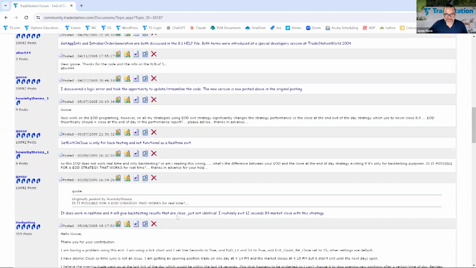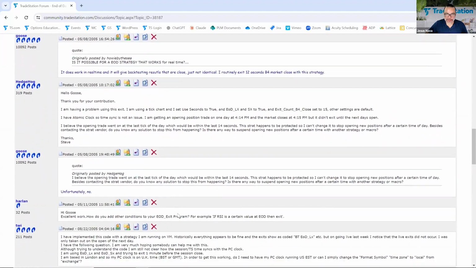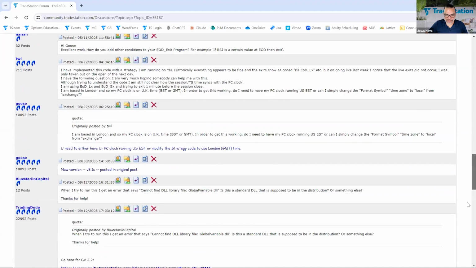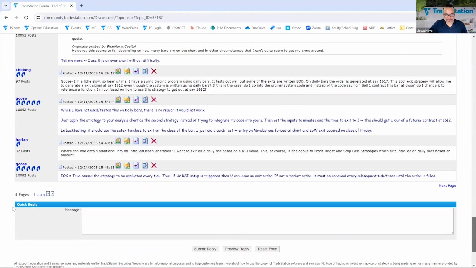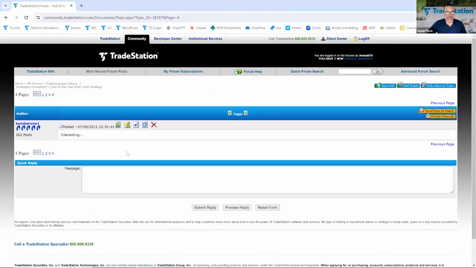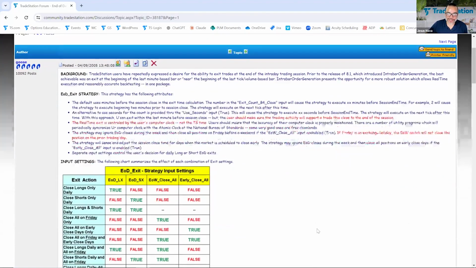Many of these pages are going to be rather newer than when the post started. And if I scroll all the way down, you can see that there are 4 pages of posts. I'm not sure what the newest post is, but if I go to the 4th page, you can see that somebody posted a comment in 2011, and they just said interesting. But what I wanted to say, everyone, is that you can come here to the forums and click on these links